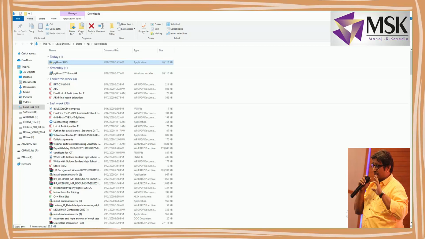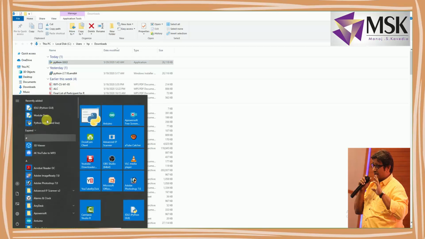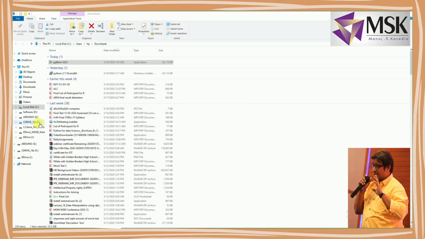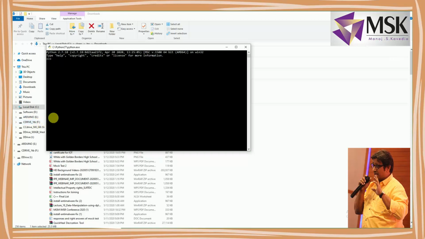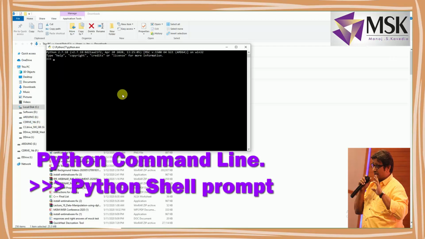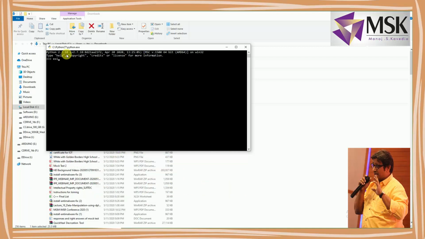programs. So here you can see Python GUI, Python module and Python command line. So let's see one by one what all these are. The moment I click on Python command line, see the shell has started, but the difference, it is 2.7.18. So if I just write Python, it will run version 2 if it is installed on my machine.